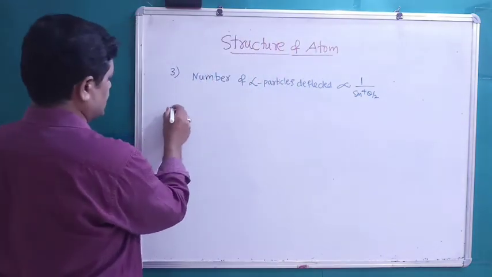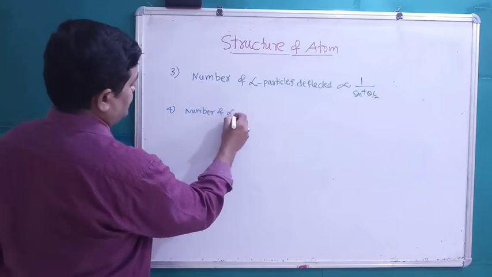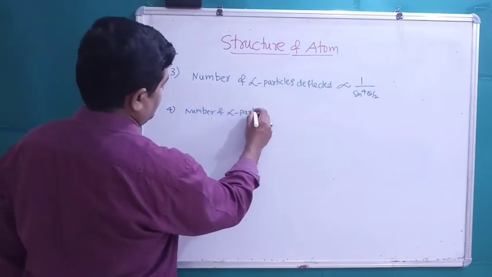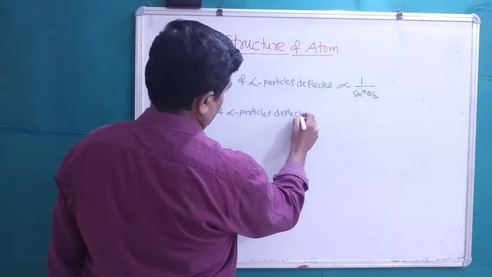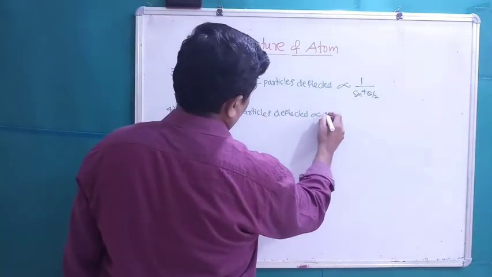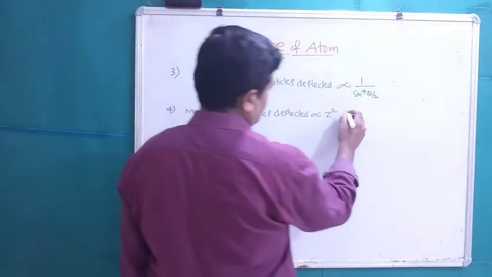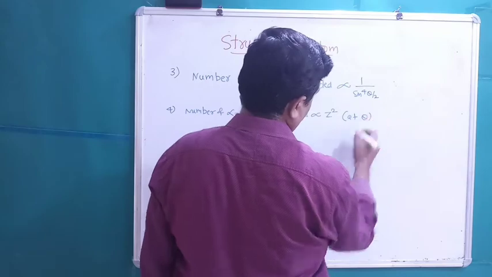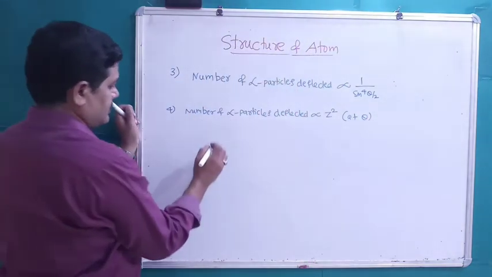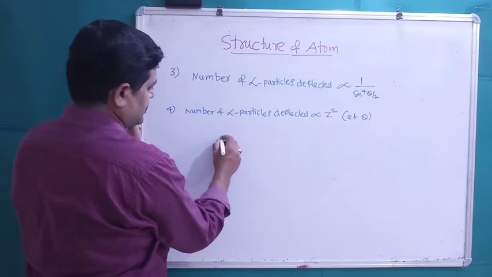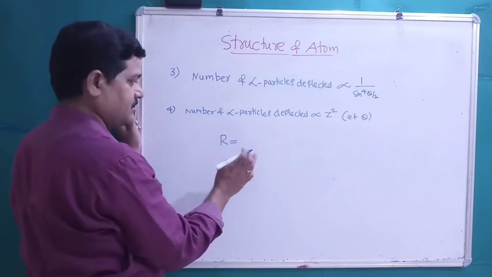And number of alpha particles deflected is proportional to Z square, atomic number Z square. Students, here one more relation, that is R, the radius of an element, is equal to